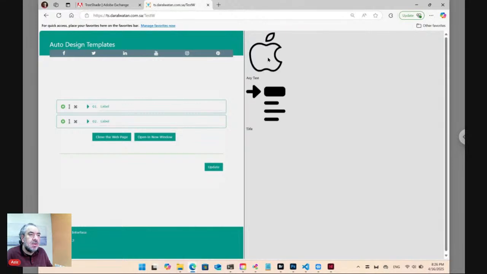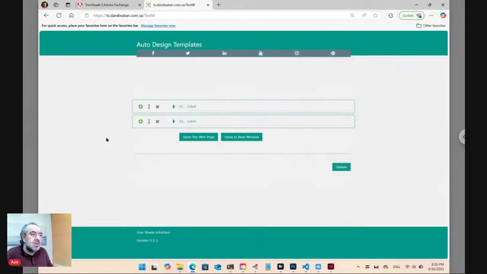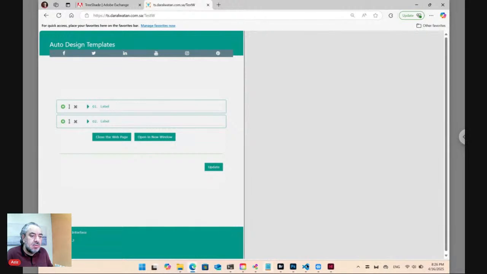Okay, now we have icon and its text, any text, and icon and title. So we have a list of items, and we use the adjacent folder to write the code,